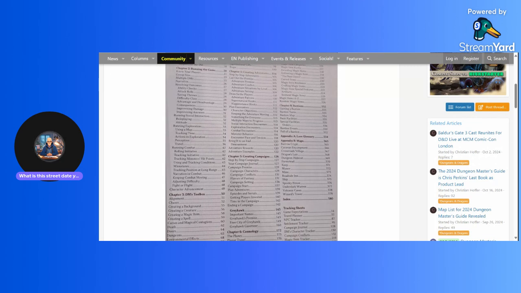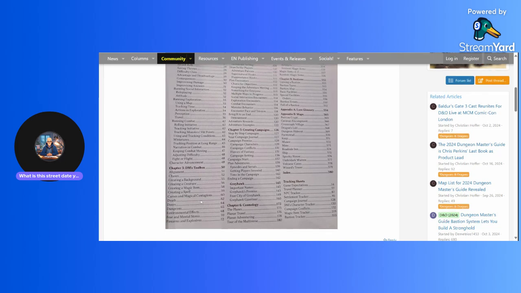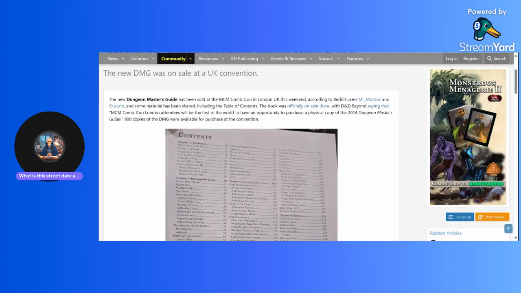Then we have the DM Toolbox starting on page 50. And that's alignment, chases, like that ever works in a role-playing game, creating a role background, creating a creature, creating a magic item, creating a spell, curses and magical contagions, death, doors, dungeons, environment, fear and mental stress, gotta have those safety tools, firearms and explosives, gods or lack thereof, hazards, blah, blah, blah, marks of prestige, I guess that's